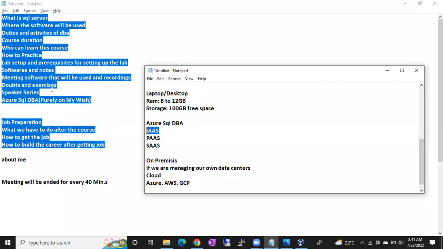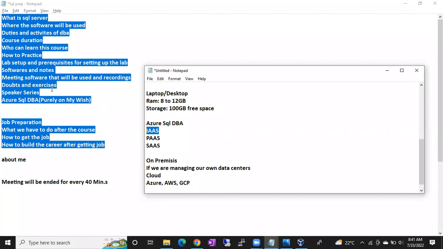If you upload the resume, that doesn't mean you will get the calls. The days are gone. A lot of competition is there. You have to complete your profile up to 100% or at least 90%. Apart from this, you have to check on Google: SQL DBA jobs in Bangalore, SQL DBA jobs in Hyderabad, SQL DBA jobs in USA, New York. Then you can see a lot of entries. You can apply. Go to the job portals and to the career pages of each company. Apply for the jobs. Whenever there is a requirement, they will call you. For this, it will take at least 30 minutes a day.